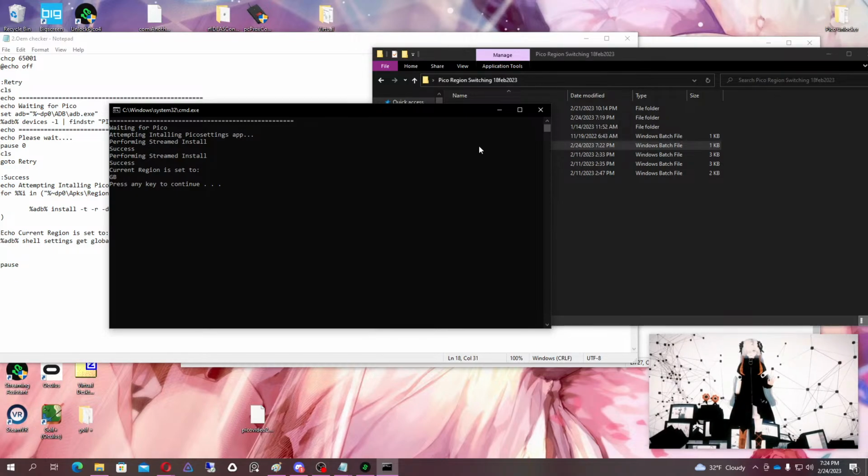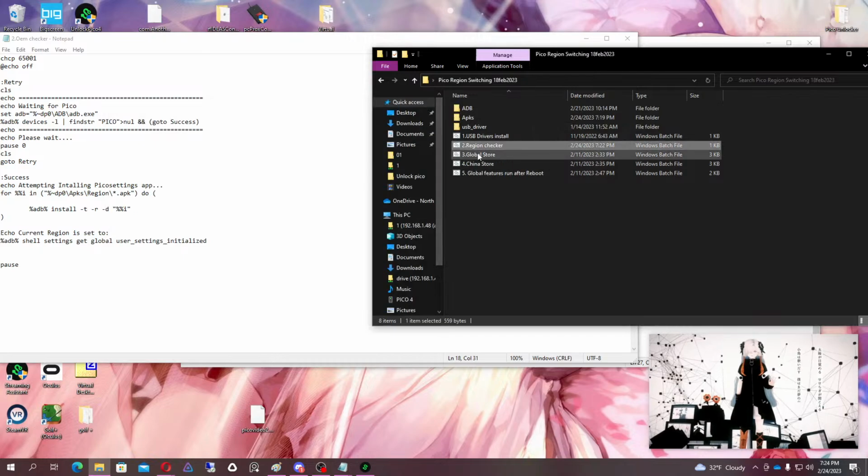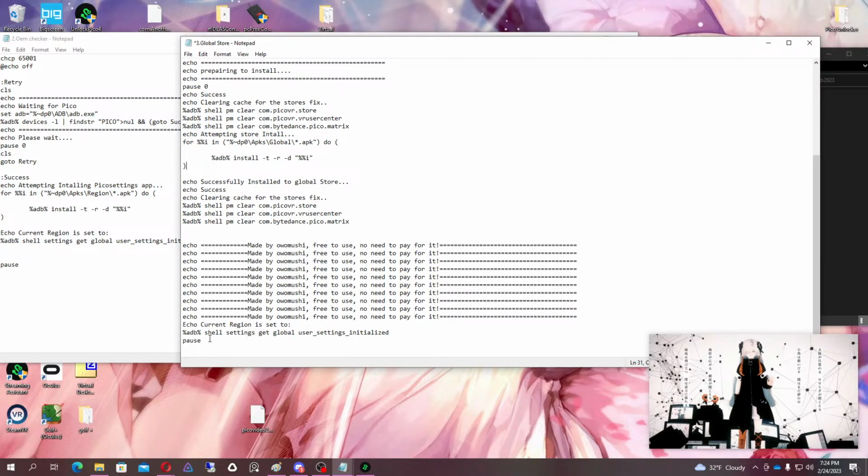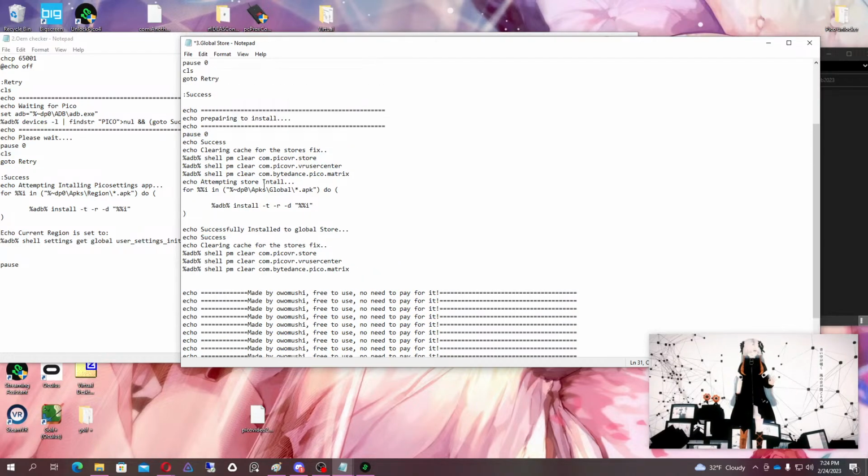And then what I'll do is I'll create a guide on how to change the region through here. Okay, it also tells us it's global, so we can run this afterwards. Okay, so now we need to go in here, and this will set the region, or tell us the region that we're at after we run. So yeah, so that's gonna be nice. Okay, so these are the new updated stores. Save. Okay,